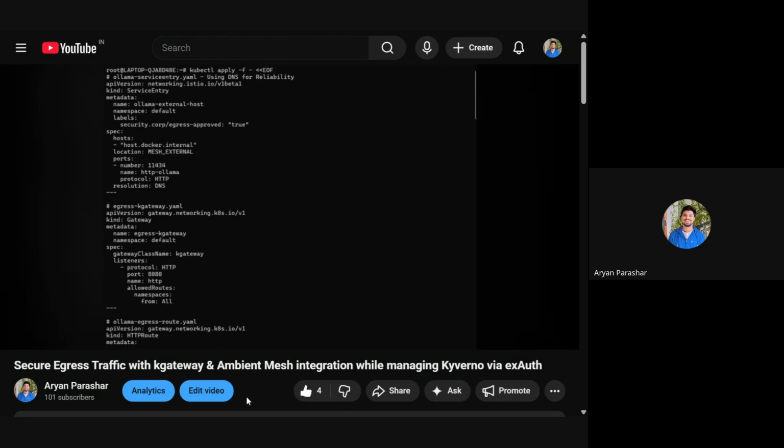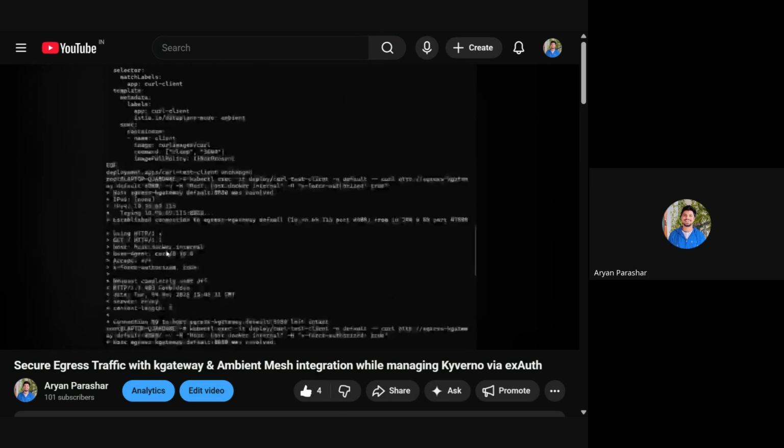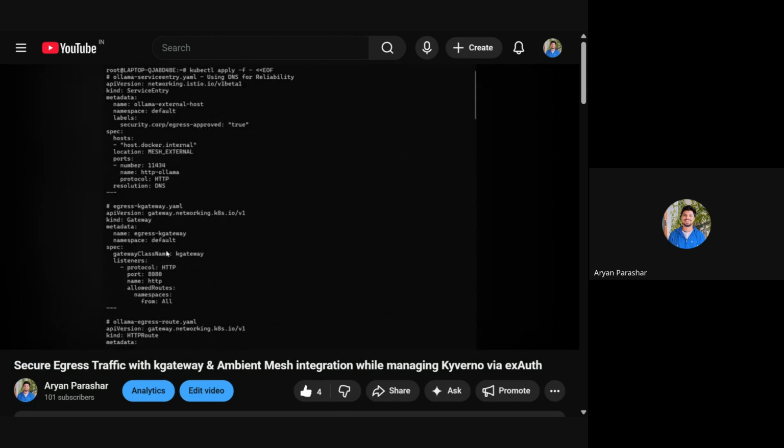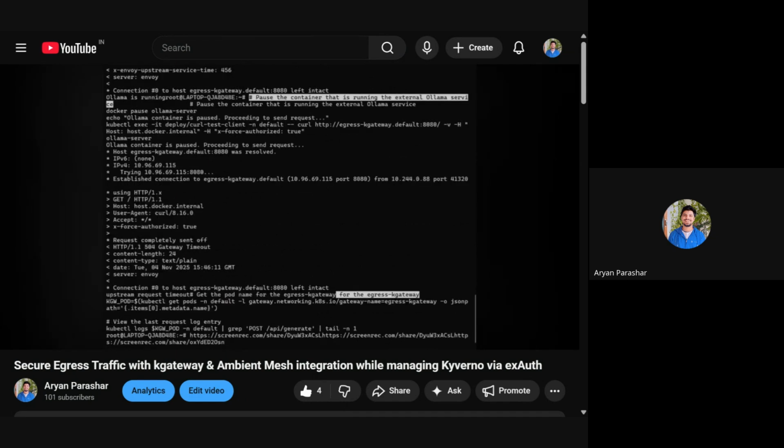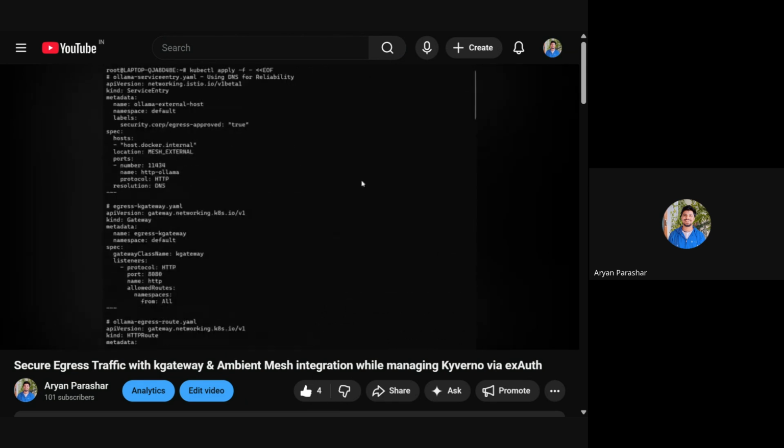Here in this particular demo, we'll try to establish a dedicated policy enforced egress path, which will be helpful in outbounding the traffic from inside our cluster towards the external container that has been hosted outside of our cluster, that is the Olama. So it will be connected with the help of the service entry. That's why I have deployed the service entry for the Olama external host, which will be connected with the help of the kgateway, which will act as the egress gateway policies proxies. Then we will have